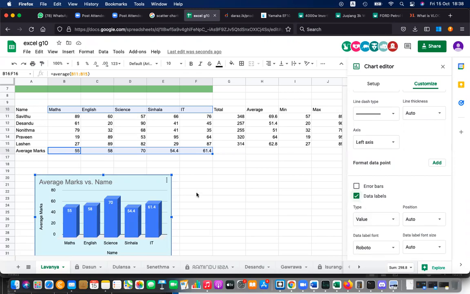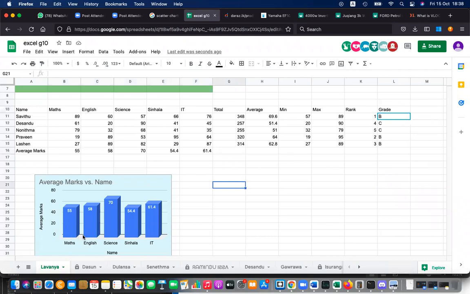Okay, this is actually to compare the average mark obtained for each subject. So mostly students like science, they get higher marks for science. So maybe the principal and other people can suggest, please improve students in Sinhala and Maths, because they are really weak in Sinhala and Maths. They have not received very good marks in Sinhala and Maths. So please help them